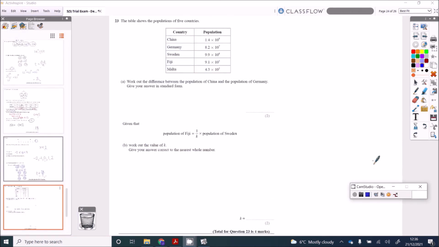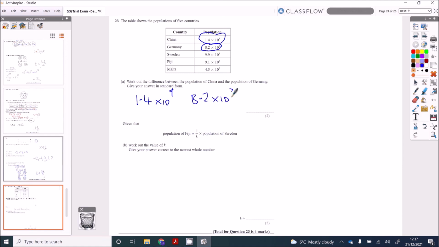Question 23. Work out the difference between the population of China, which is 1.4 times 10 to the 9, and the population of Germany, which is 8.2 times 10 to the 7. Now, obviously, to work out the difference, you just take away one from the other. So just pop that into your calculator using that times 10 to the x button, which is probably at the bottom row middle on your calculator. So 1.4 times 10 to the 9, take away 8.2 times 10 to the 7 equals,